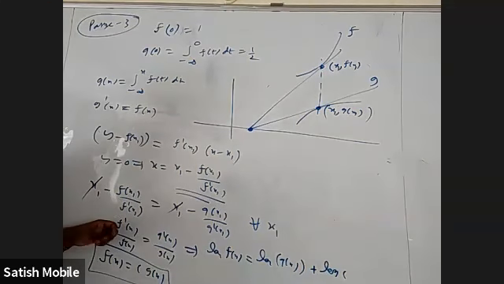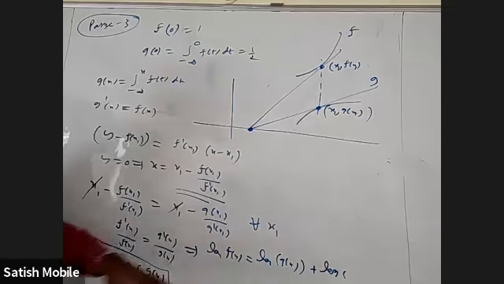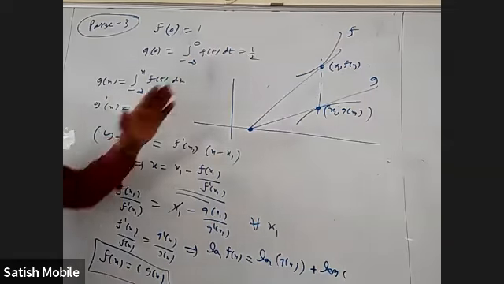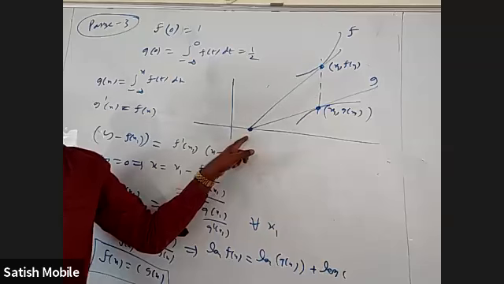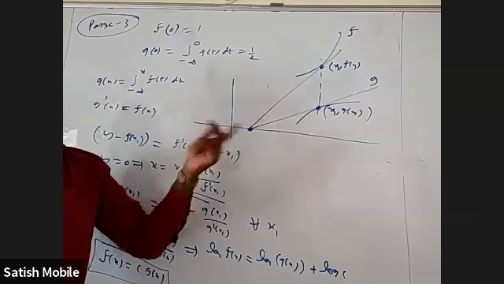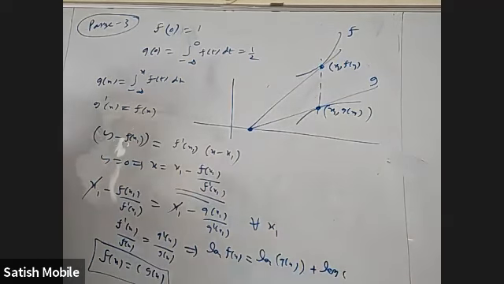So I cancelled x, and then I reversed this. Then I integrated it, and when I cancelled log, I got this relation. I proved that for them to intersect on the x-axis every time like this, one curve should be a multiple of another curve. Is it okay? Yes, sir.